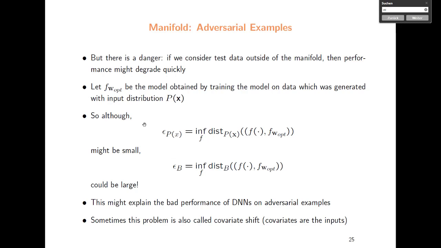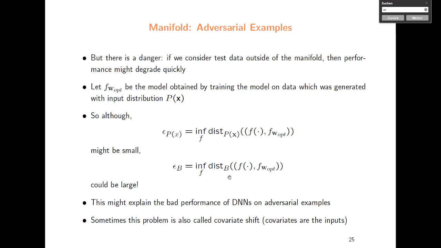And these adversarial examples here, it's a little bit more formal. So maybe in the training, we get data from P of x, and the worst case looks quite reasonable. But if you then look at the whole ball, so also data which might not lie on P of x, so this is sort of one of these strange manifolds, and then suddenly we get maybe a large performance problem here.